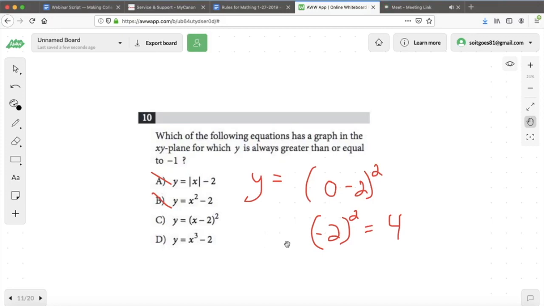Anybody else? I don't think we can. I don't think we can make it less than -1. Right? Because if x is negative, then in this expression here we'll get a negative times a negative, which is positive. But if x is a positive number, let's say it's 2, which I think is the smallest it can be,